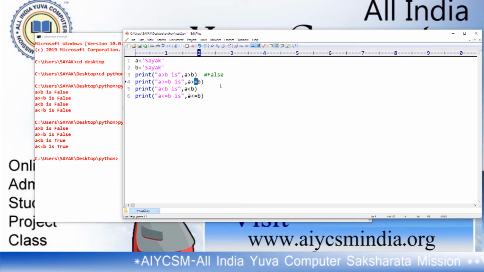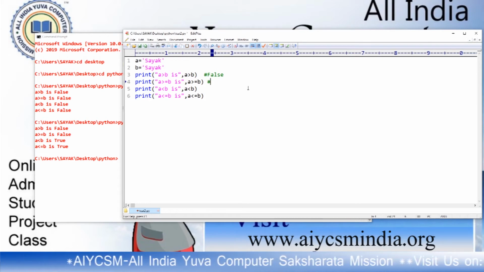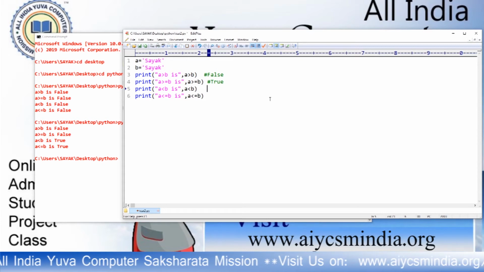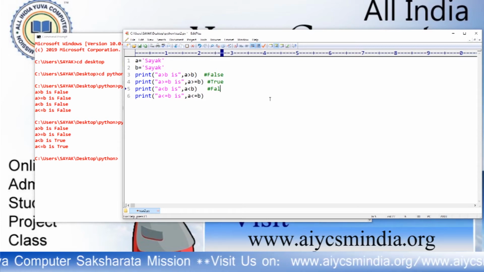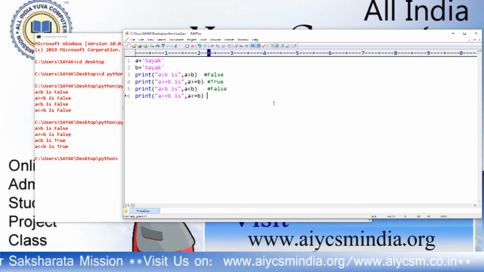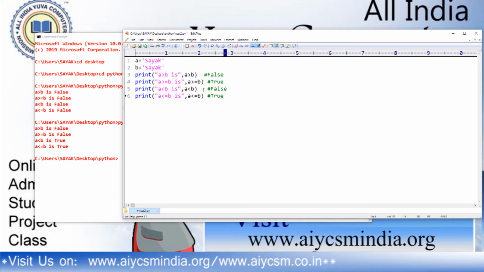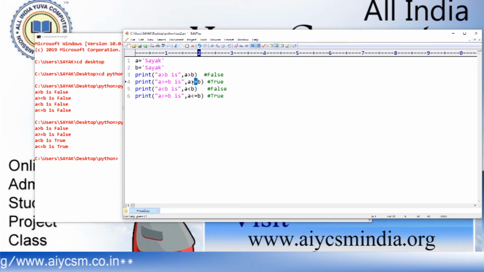So this is true and this is false, and this is true. These two values are true because of the single condition of equals to; they are not greater than or less than, but they are equal to each other. So, these two values are true and the rest of the values are false.